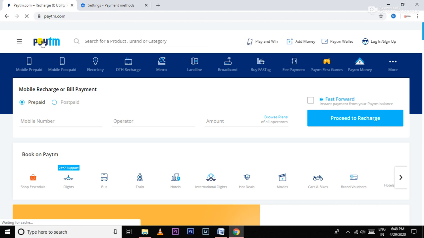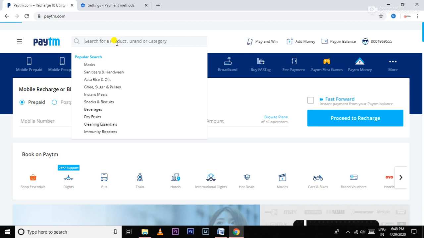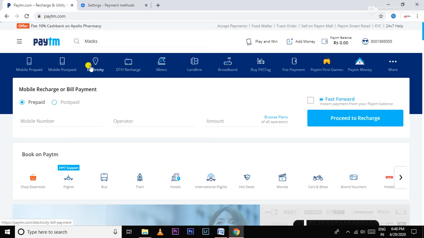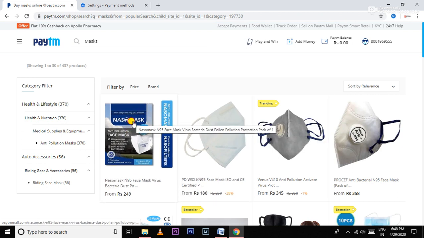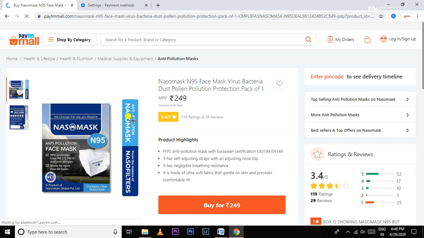So you can even shop using Paytm. Let me show you guys. So here search for products or any brands. So let's say if you want to buy a mask, just click on the mask, then it will show you the several options. So if you want to buy any mask, let's say this one, just click over here and click on buy button.